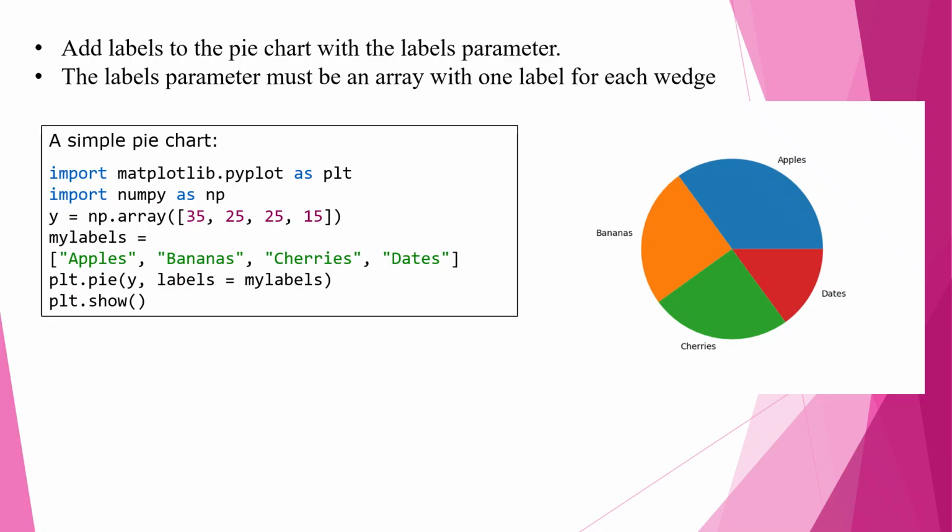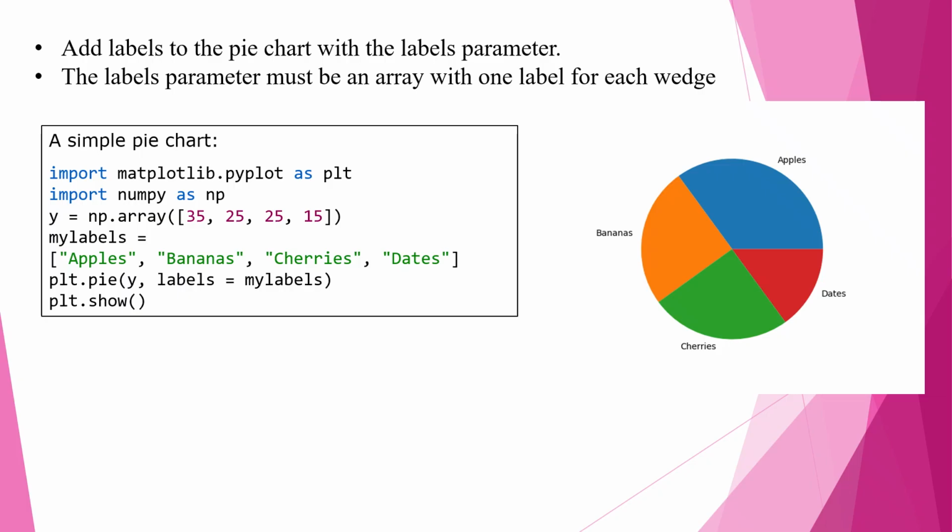This code demonstrates how to create a simple pie chart with labels using matplotlib. First, the required libraries are imported and the data values are defined in an array where each value represents a portion of the whole. A separate list of labels is also created to name each segment, such as apples, bananas, cherries, and dates. The plt.pie function is then used to generate the pie chart, where the label parameter assigns names